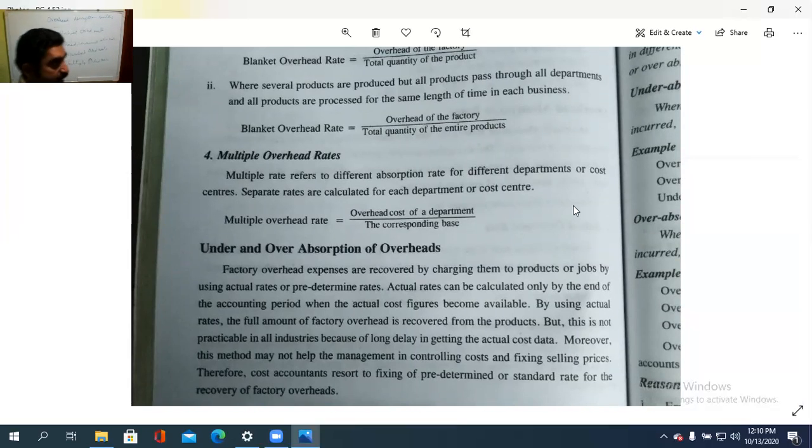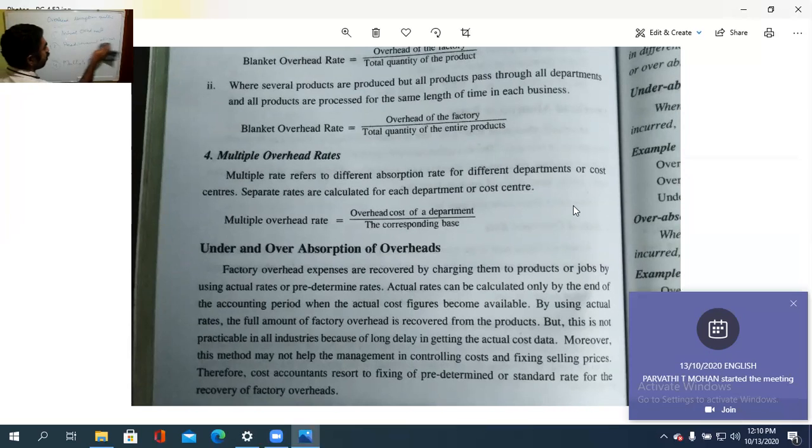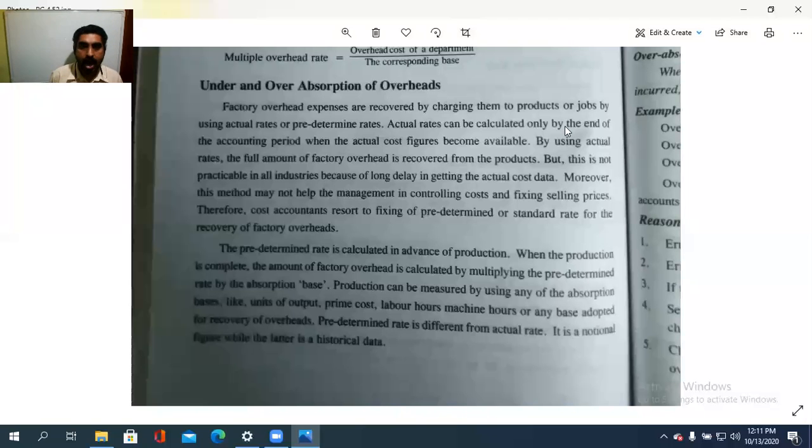Next topic is under absorption as well as over absorption of the overheads. What is under absorption? What is over absorption? കൂടുതലും കുറവും ആയിട്ട് അബ്സോർബ് ചെയ്യുന്നു, അതെന്താണ് നമുക്ക് നോക്കാം. So under and over absorption of overhead. So what is that? We'll check it. Under and over absorption